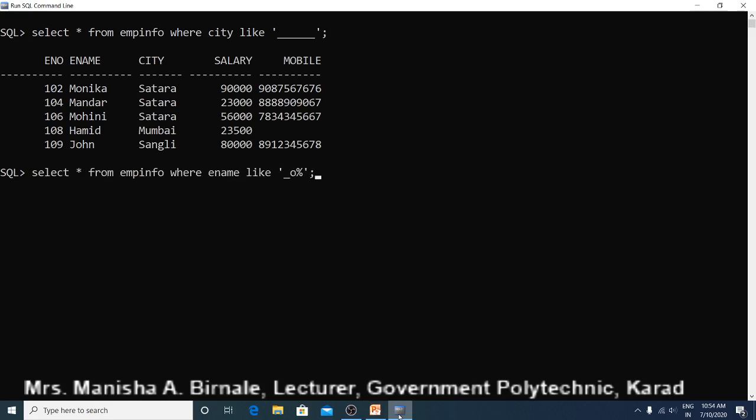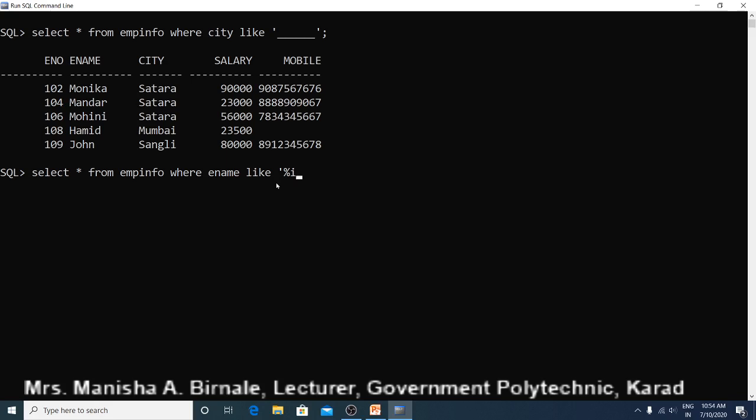So e name like, select star from emp info where e name like. So the name should contain character I, but it may not be the first character, it may be any character. So I may be preceded by 0 or more characters, so percent is used.